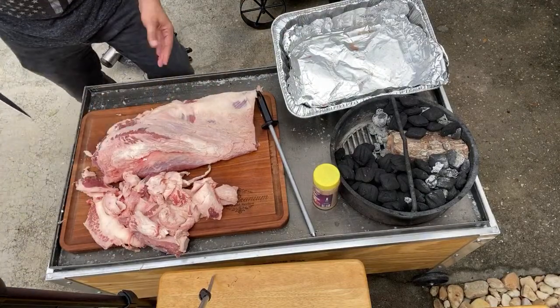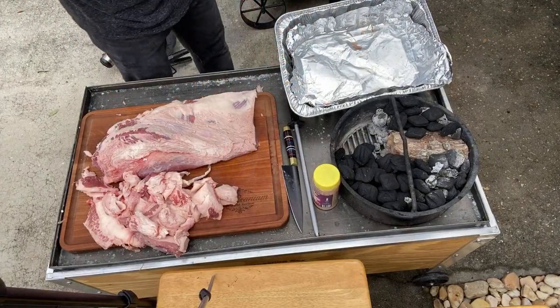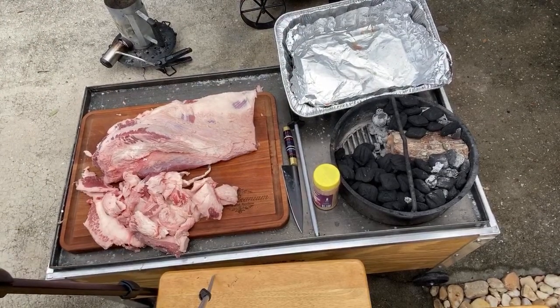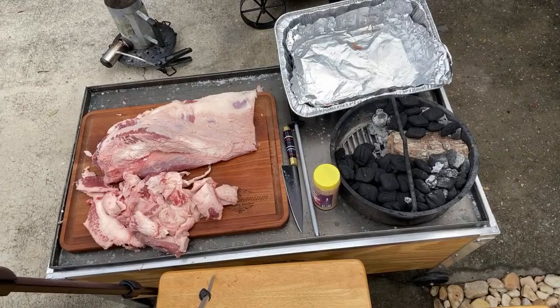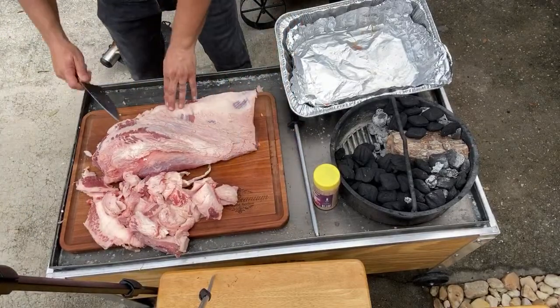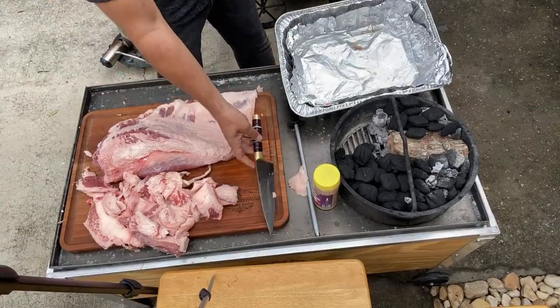All right, might look like a hack job, but I'm kind of in a hurry here. All right, now let's get on with the binder. Let me adjust my camera over here. All right, so I have the fat trimmed up mostly the way I want it, except this right here. All right, now for my binder,